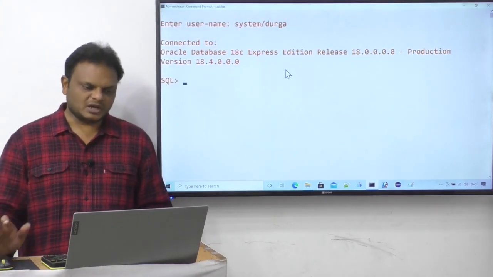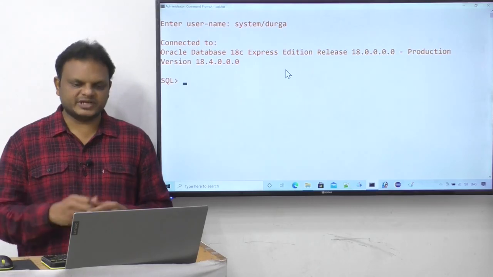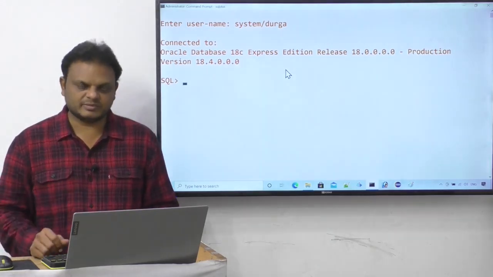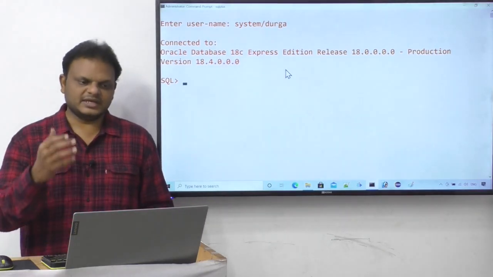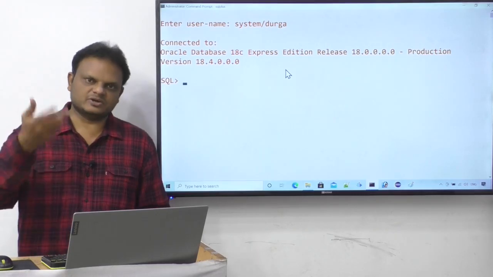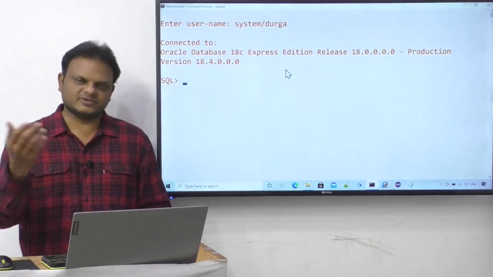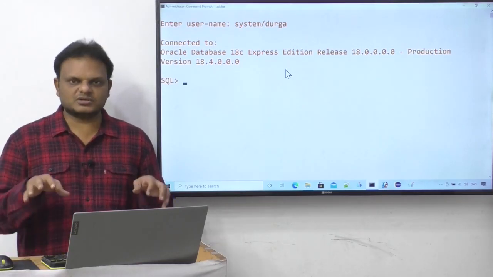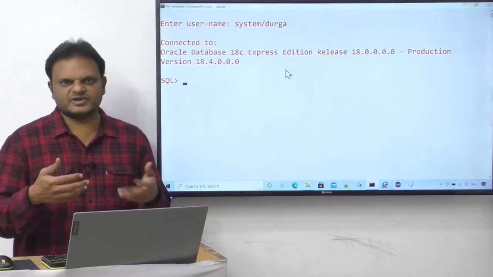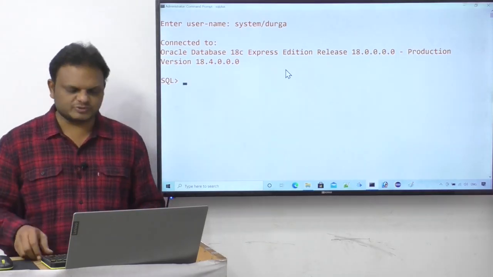Good. Now whenever we install this database, what are the various database operations we have to perform? Basically, the simple database operations are: creating a table first. After creating the table, insert records into the database. Then update the records. Then delete the records. Then select the records. Those who are completely new to Oracle Database, this information is very helpful for you. I am going to give an overview of all the SQL queries we require.